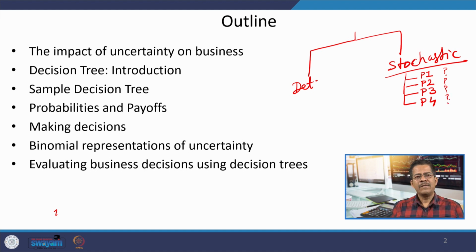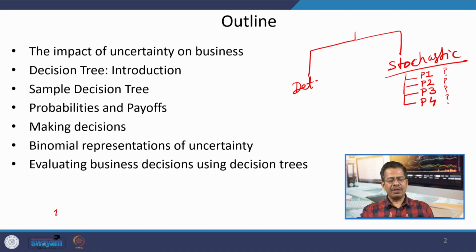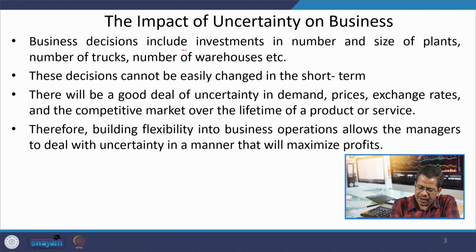How this uncertainty or stochastic nature is to be handled is what we are going to discuss with the help of another very common tool, the decision tree approach, and we will have some illustrations in this session explaining the use of decision trees in our decision making activities. We all know that there are so many different types of decisions we take in operations management. Right now we are talking in the context of inventory.